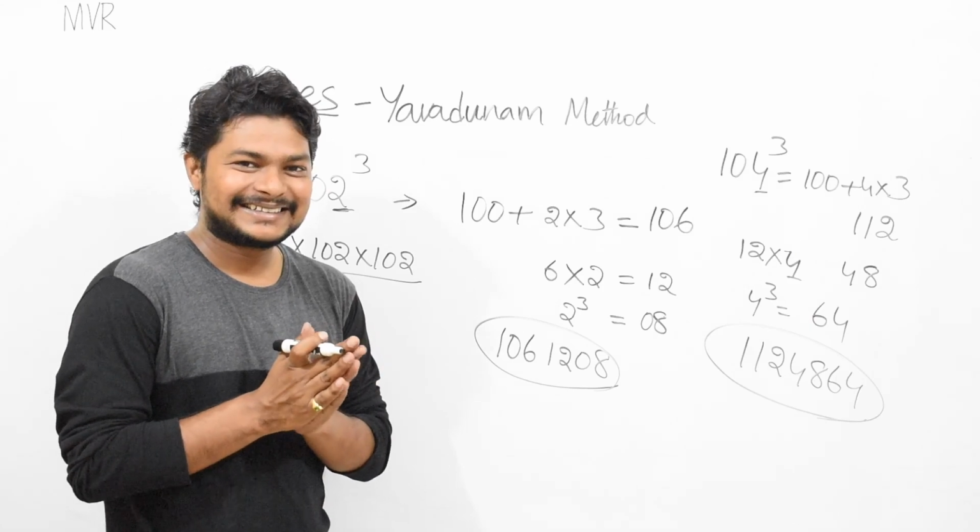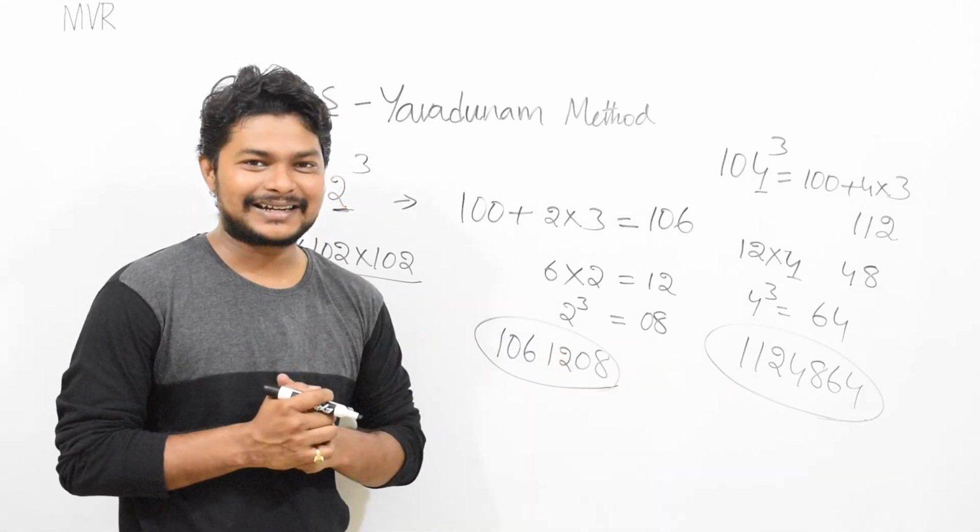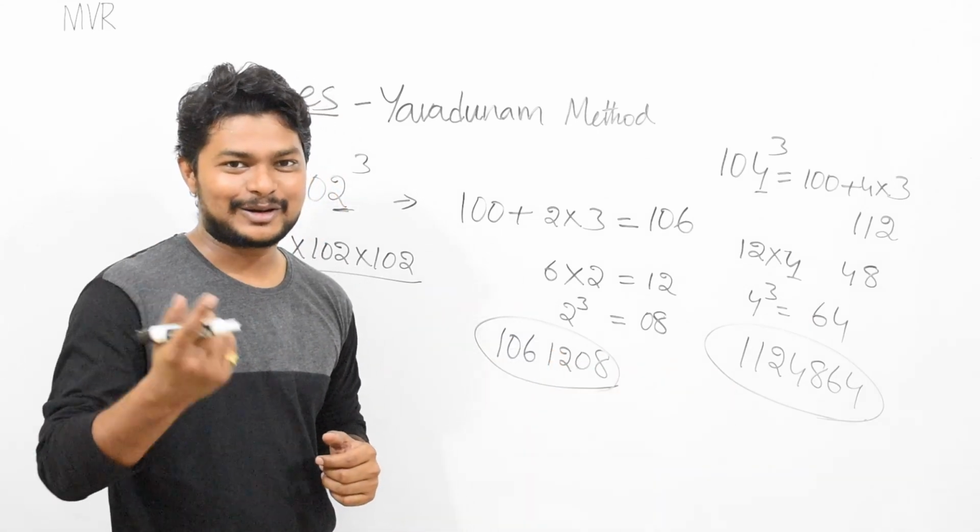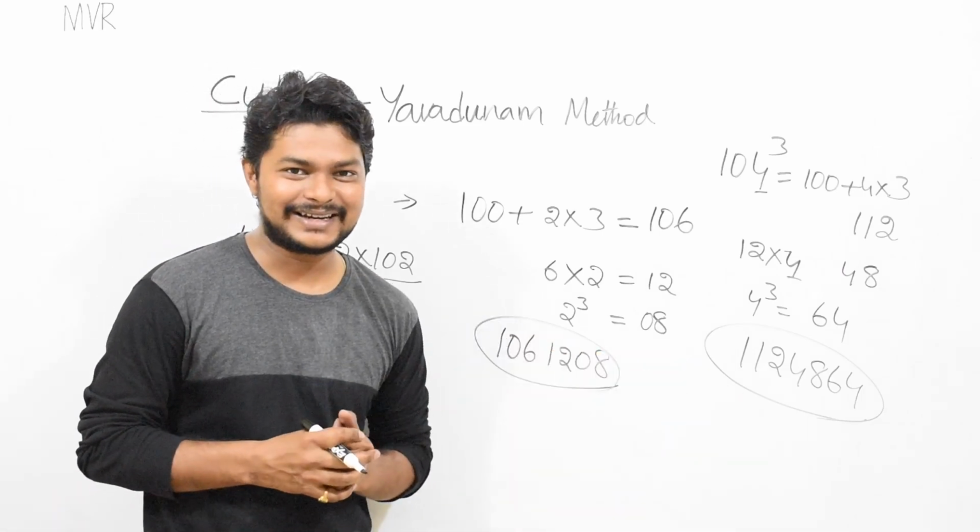Very easy, right? If you want, you can check with the calculator. Even checking with the calculator takes a lot more time than doing this manually, right? Now we will move on to another example, that is thousands.